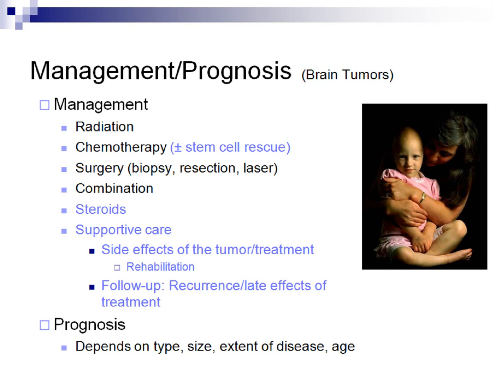So when we talk about the management for brain tumors, obviously there are a lot of different approaches, and it really does depend on where it is, what it's comprised of, etc. Radiation is good. Sometimes we start with radiation to shrink the cell and then do surgery. Sometimes we do chemotherapy to shrink the cells, shrink that tumor, and then do surgery. We can use chemotherapy. We may or may not use stem cell rescue. We can use surgery either through biopsy or through a resection. Sometimes we can use laser therapy to do a less invasive surgical intervention, and often it's a combination of all